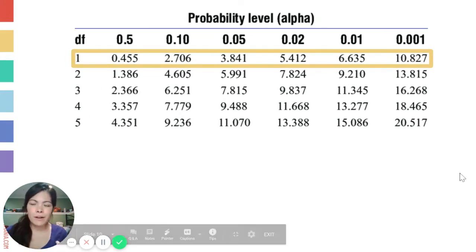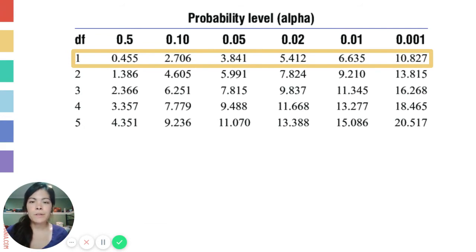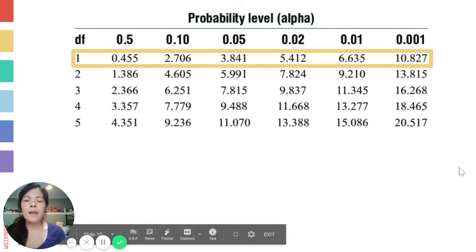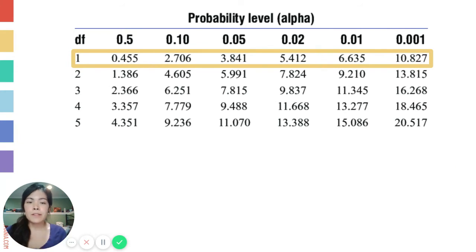Okay, so we figured out the row that we're paying attention to. Now we have to figure out our column. Which number are we actually looking at in this row? And these numbers across the top, these columns, correspond to probability levels. And if you've ever worked with p-values before, these are actually p-values. So what these p-values mean, this is going to be a simplified explanation, because you could probably take a whole college course just on p-values.